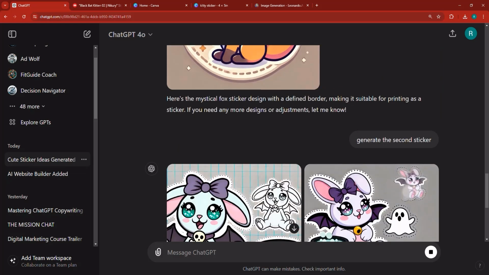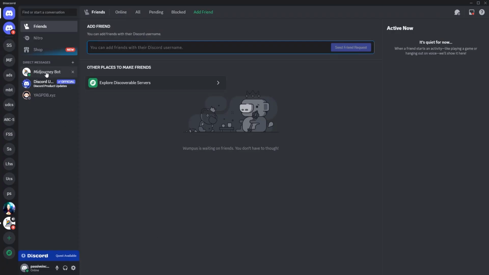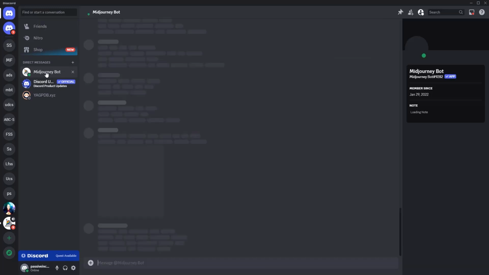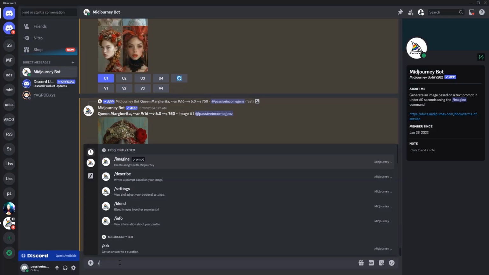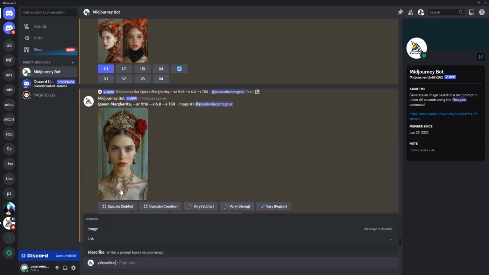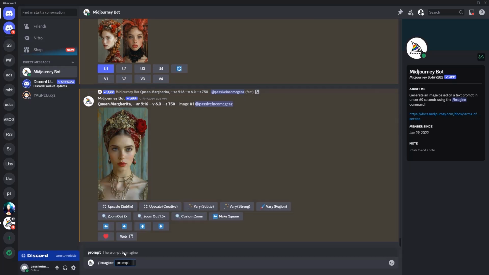Now in the meantime, inside of Midjourney, you can also access the Midjourney bot and start generating these beautiful stickers. So what I could do inside of Midjourney is basically just click /imagine. Not describe. I could describe an image, but I'm just going to click /imagine. And I want to paste in the prompt, but I'm going to say a cute fox sticker. The crescent moon surrounded by small stars,